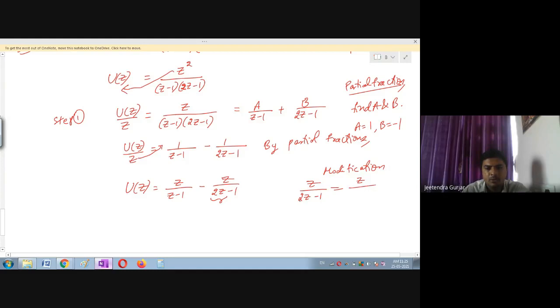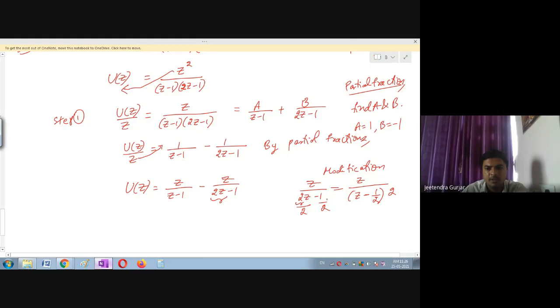Here I will take this as z divided by, I don't want this 2 in this, so I will take 2 outside. Therefore the 2 will get cancelled, this will become z, and both the terms I am going to multiply here by 2. So I have taken 2 outside, and you can just see here it will be z minus 1 upon 2.